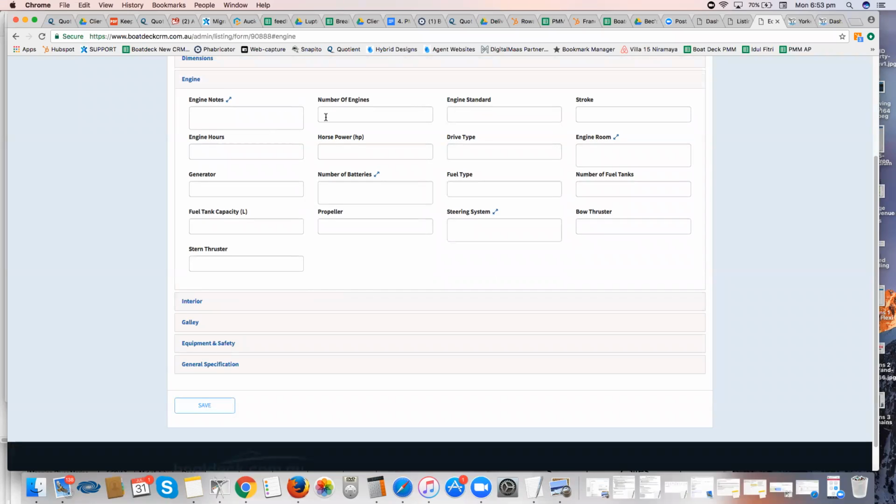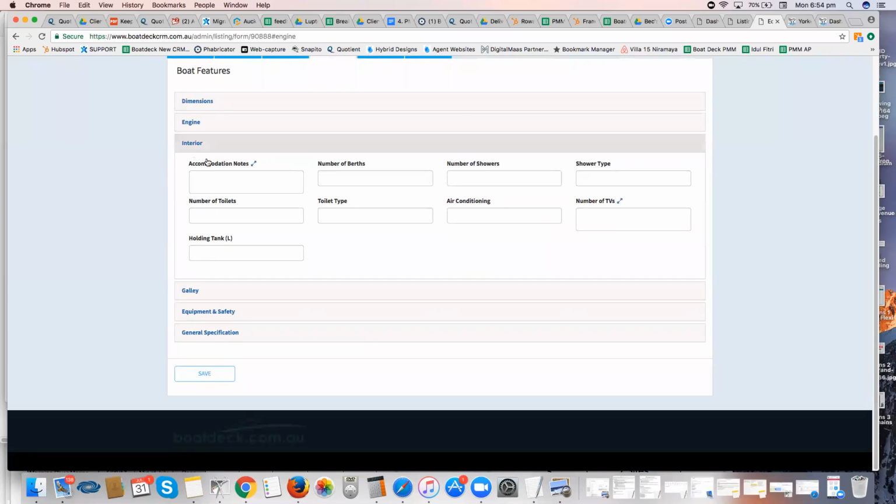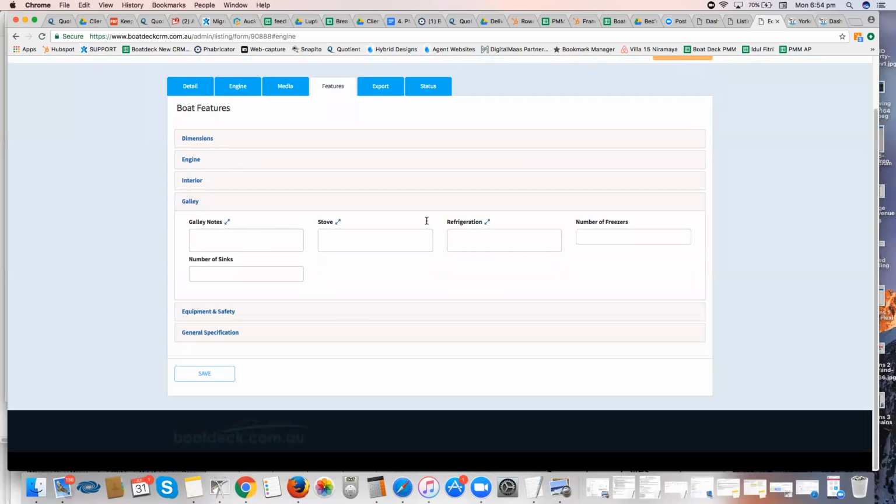Engine notes, you can make a note if it's a used engine and it's just been serviced or something. You can note the number of engines and all those other good things that we need to know about. Accommodation notes, berths, showers, again, all of this kind of stuff you would have probably seen before when you uploaded listings to a portal like Yacht and Boat or BoatPoint. Galley notes,